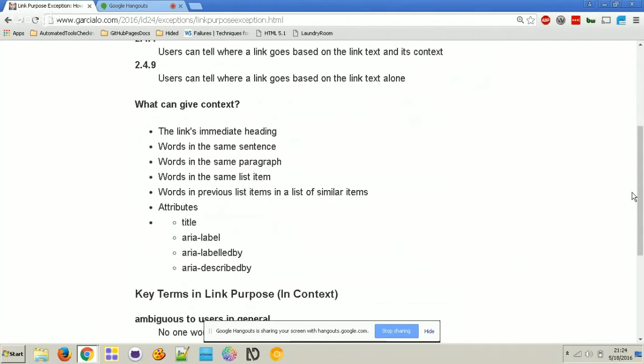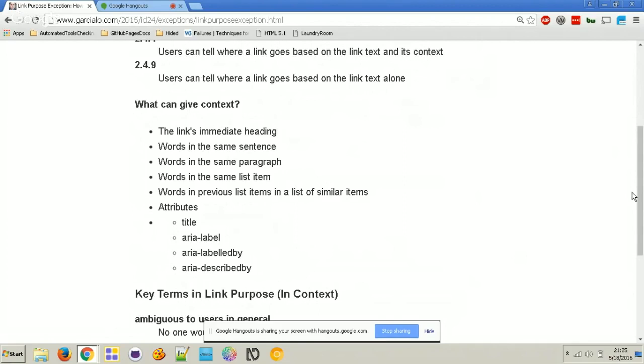Words in the same sentence. So technically, you could have a click here for this action, something or other, in the same sentence. It's not best practice. We don't recommend it. Nobody recommends it. But technically, it can get context from that and be fine. Maybe some people disagree and you want to start a discussion. That's great. Fine. I don't mind. You can yell at me. But I'm going to say that gives it context. And if you have the right wording in there, it should be fine. Words in the same paragraph, same kind of thing, right? A sentence is a single p tag with one period, and a paragraph is a p tag with several periods in it, with sentences in it.